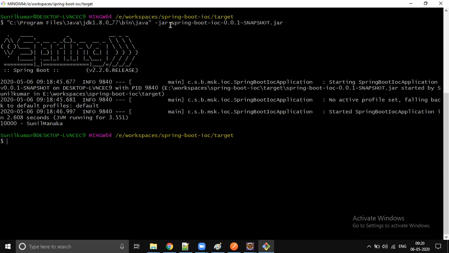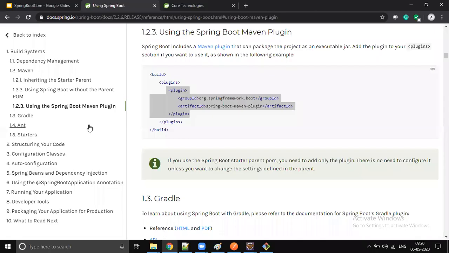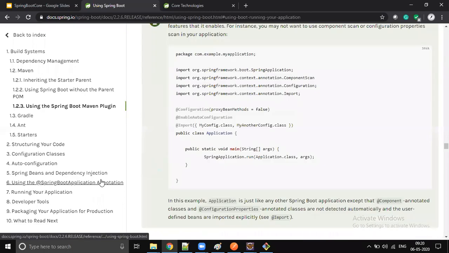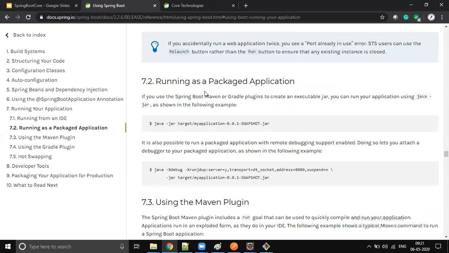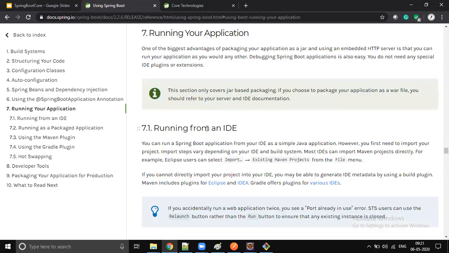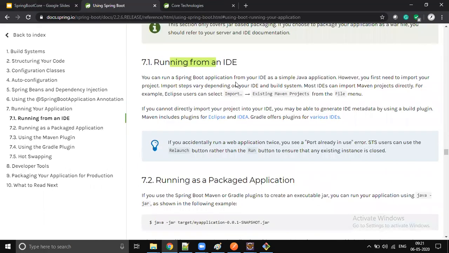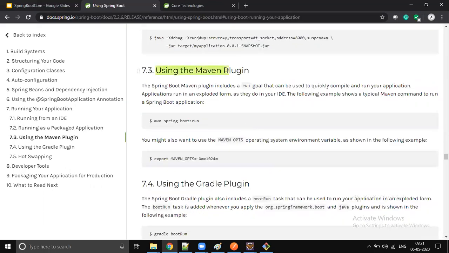If it is a containerized application, then you write some Dockerfile. There you install the OS and Java, and then finally you run the same command, java -jar. So this is another way of running your application, right? This concept is going to be discussed here, running your application. There are multiple ways. One is running a packaged application with java -jar, or running from an IDE, right click and run as Java application or Spring Boot application. Then using Maven, right?